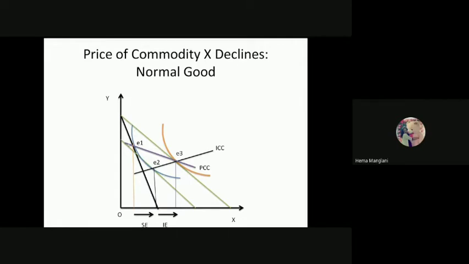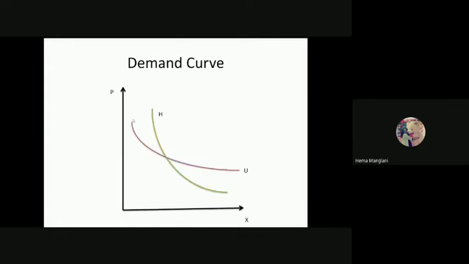But when you take into account this E1 to E3 position, what does this indicate? That you are summing both the substitution effect and the income effect, and that is why your demand curve would be a red one here. That is the uncompensated demand curve, which is an ordinary demand curve, and it includes both the effects. It means there is E1 and E2, and you are also indicating this E3 too. So all three are a part of it. Okay, is that clear to everyone?